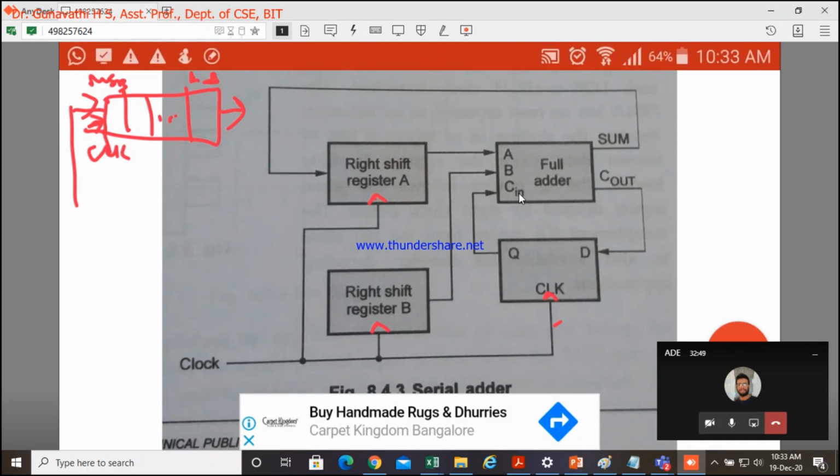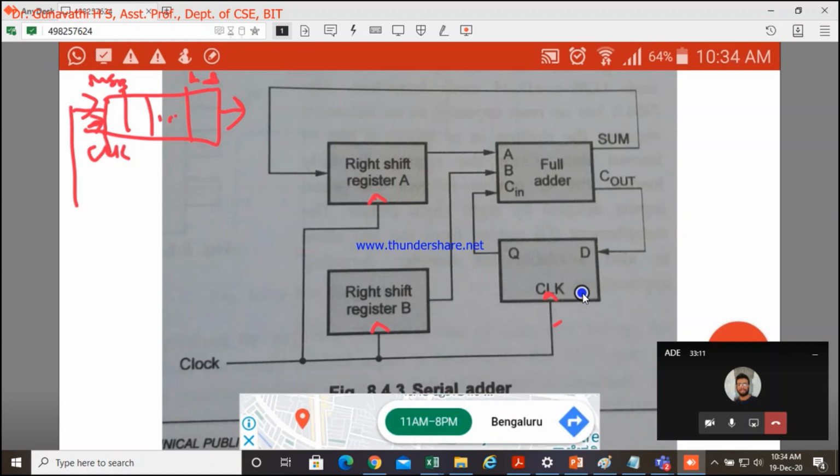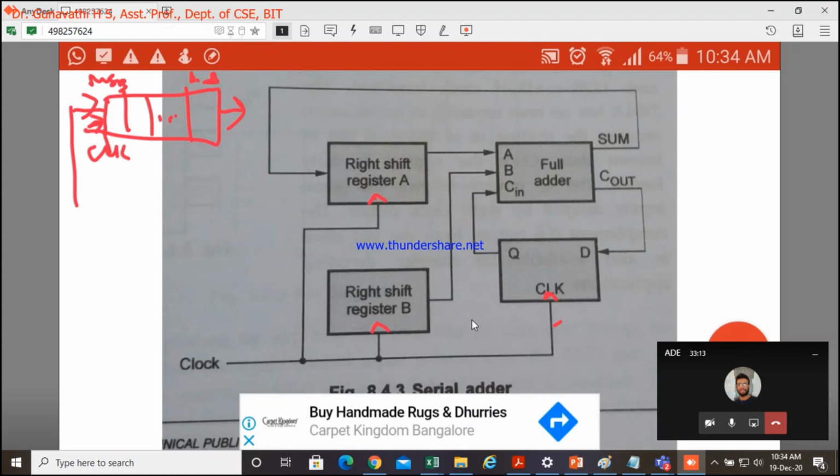Any doubts in this? Okay. So totally we discussed four applications. You should know the serial adder, how it's done, and how many full adders we connect. We have done the parallel adder with accumulator, and the sequence generator and sequence detector.